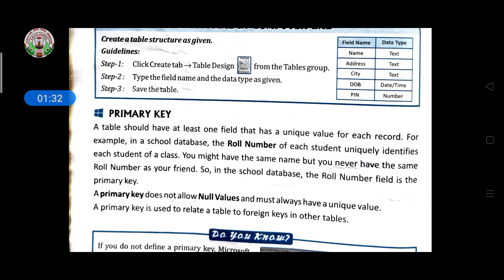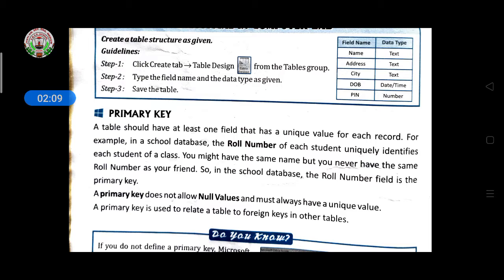And if you forget to fill that column, or do not enter data in that particular column, it will not be accepted. So a primary key does not allow any null value. A null value means not even zero, just blank. This is known as a null value. If you forget or don't want to enter a value in a field that is selected as primary key, then the cursor will not move to the next column, and it will give an error that you should fill the number, fill the data here.